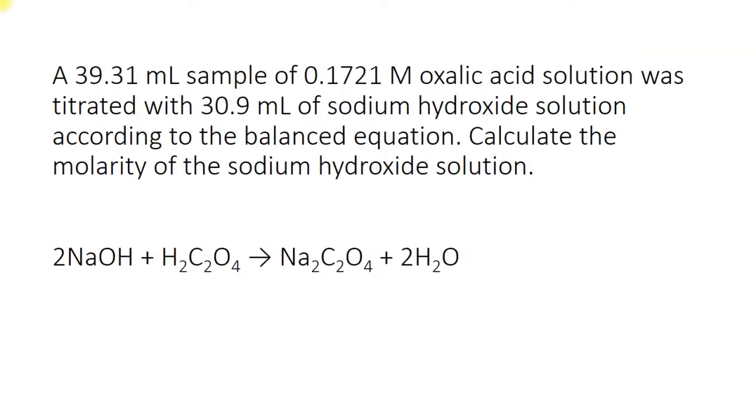Okay, so here's another titration. It says there's 39.31 milliliters of 0.172 oxalic. So I'm going to guess that I'm going to go between the oxalic, because I'm going to start there because it's got the word of, and that usually means I'm going to multiply. I know liters and milliliters don't cancel, so